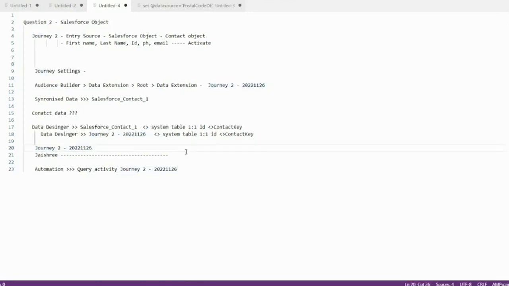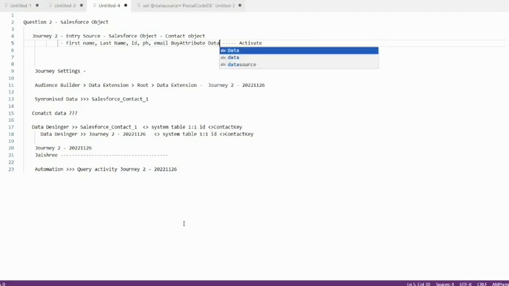Why I'm coming to this point is somebody asked, based on my entry criteria, I entered J3 into this journey, but I don't want to send an email to that particular person until there is some criteria. Until that happens, how do I do it? Say J3 has to buy some product, and only then she is going to get an email. Just a simple criteria. There is some buy attribute that happens maybe at a later date, and this is a date attribute: on this particular day she bought some item,